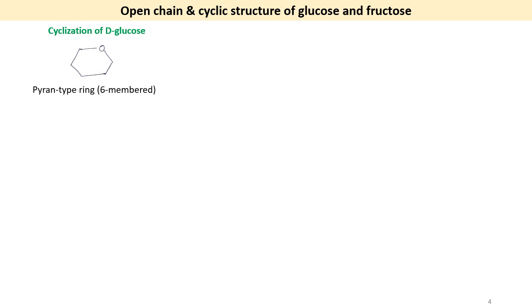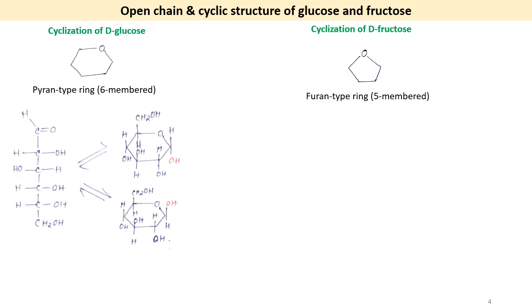Okay, so in case of cyclization of glucose, a 6-member pyran type ring is formed, whereas in case of D-fructose, a furan type ring forms, which is a 5-member ring with oxygen. And if you look at the structure, it has an open envelope kind of structure, so it is also sometimes called the envelope form. Now in case of glucose, from this open chain, 2 ring forms are possible. So this now becomes C1. The orientation or the position of the hydroxyl and hydrogen group at C1 now is different. The other groups are the same in both the cases.